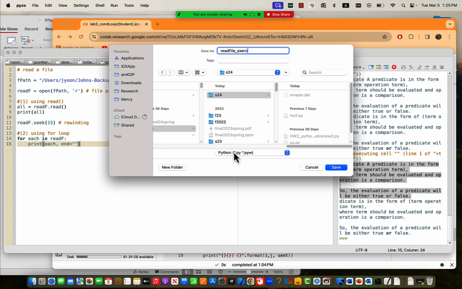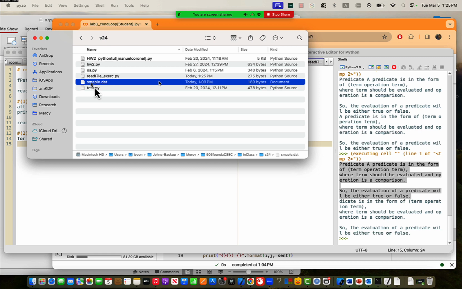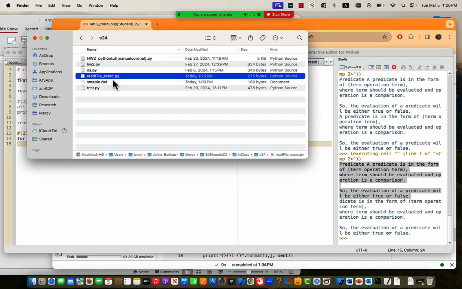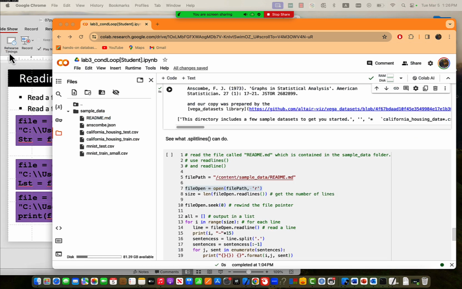And this file is saved in Python format, with the extension .py. Therefore, we have here sample.dat, and this is read file underscore exercise.py. So two files. Close this. So this is the end of today's lecture. Any